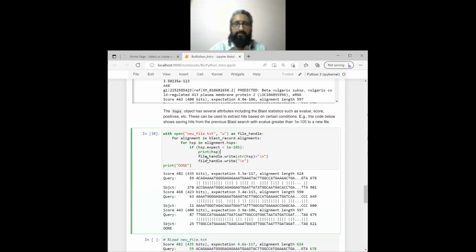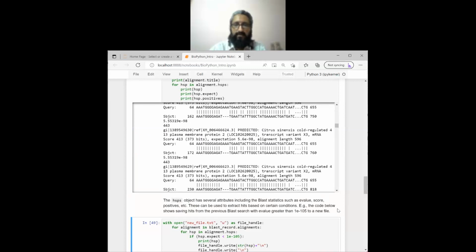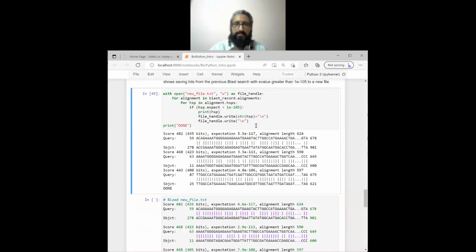If we run this, we'll have this output. Previously we had many hits; now from that output we have only 3 hits, and the e-value for all these 3 hits is lower than 10 to the power minus 105. So depending upon what kind of protocols you want to set up, this way,